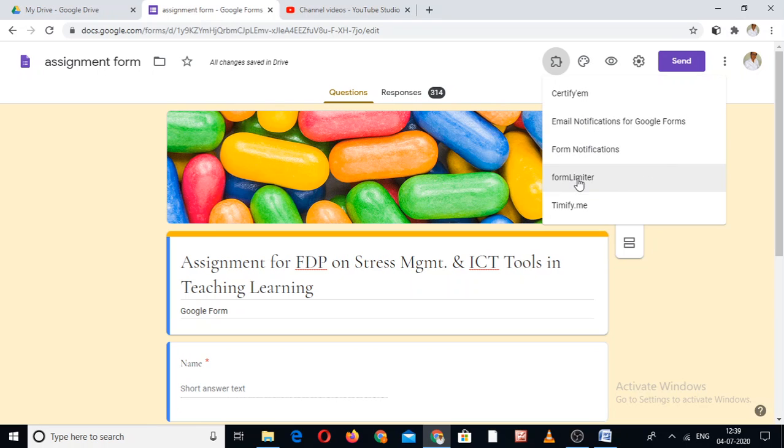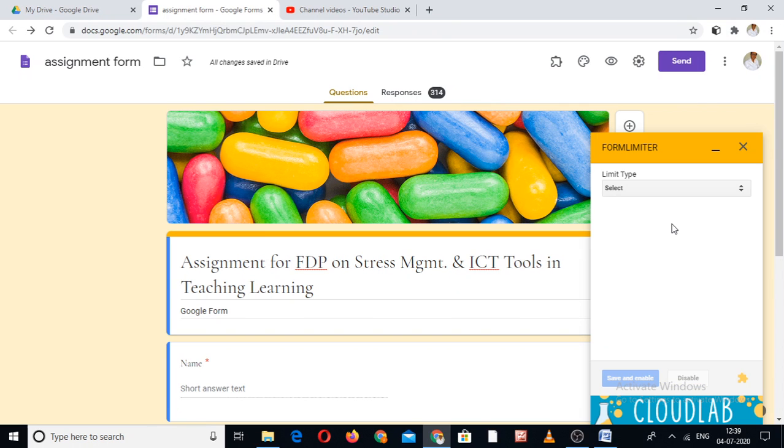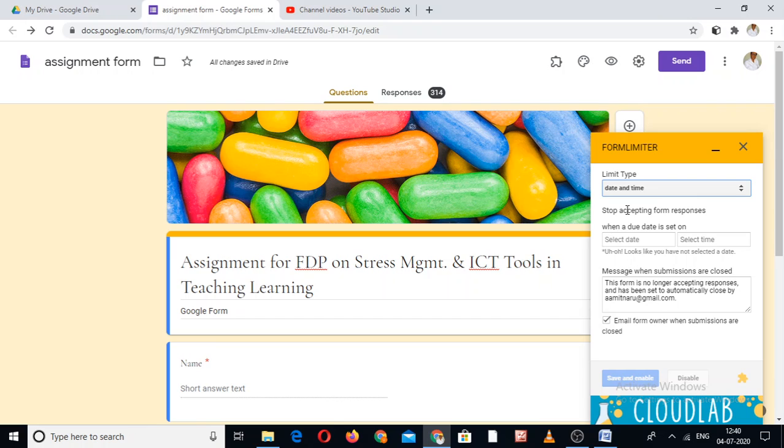Form notification is here. Form Limiter is also here, and the Timify is also here. So what is that? When we click on this, this box will open. Limit type, date and time. Stop accepting form responses when a due date is set.